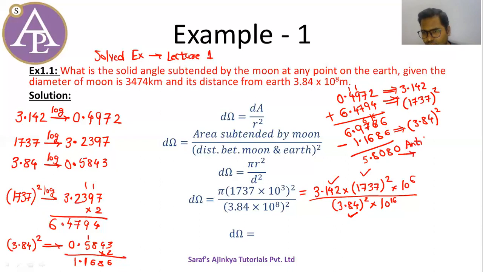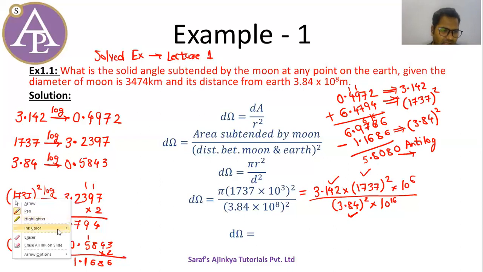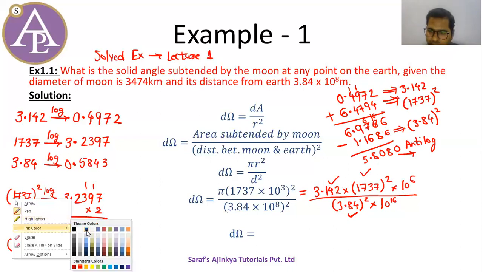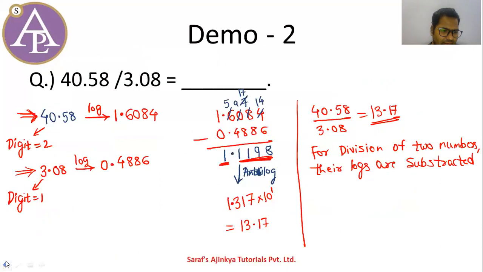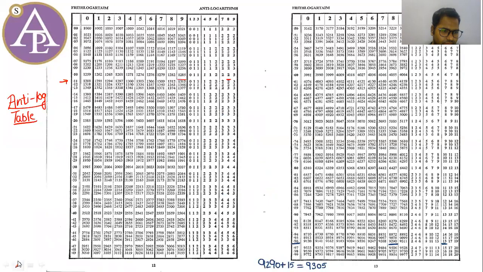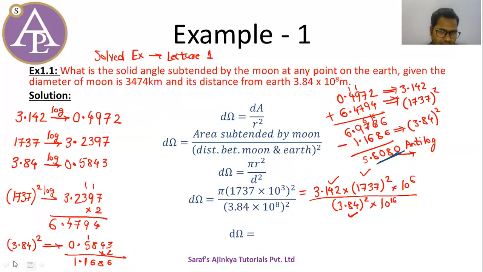So now we have to take anti-log. Now how to take anti-log? For anti-log, we concentrate on those digits which are after the decimal. So after the decimal, you have 8080. Correct. So I'll go to the log table and I'll try to see 8080. Okay, 808, right? And then no need to see the zero, so there is no zero in the fourth of this. So 808 gives 6427. So I'll come back and I'll write here.